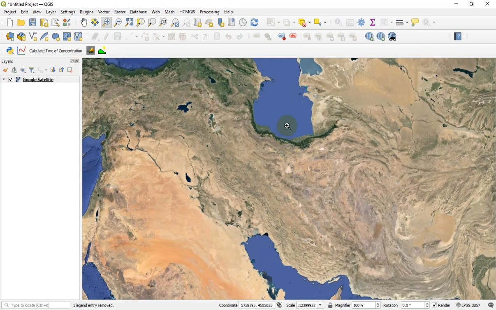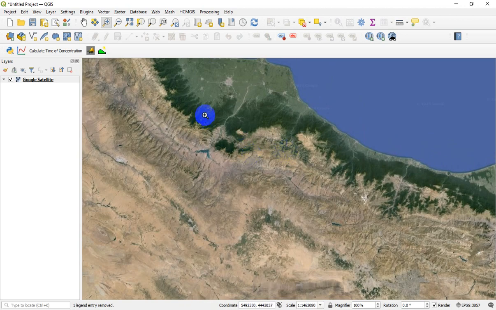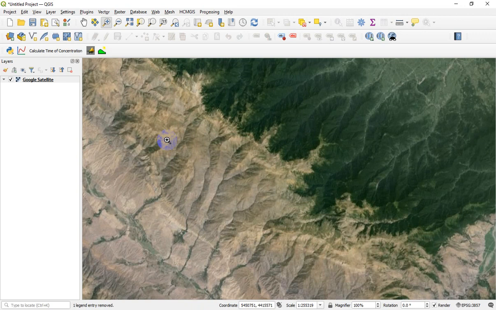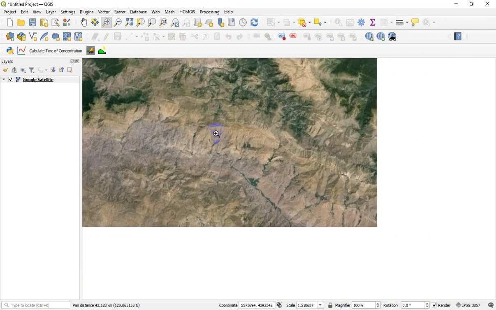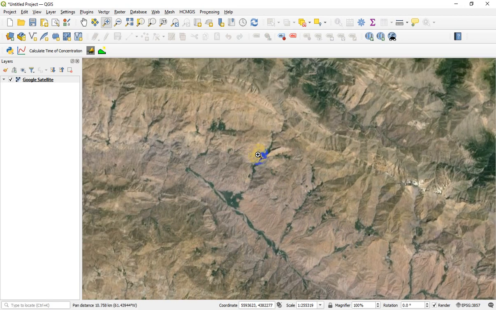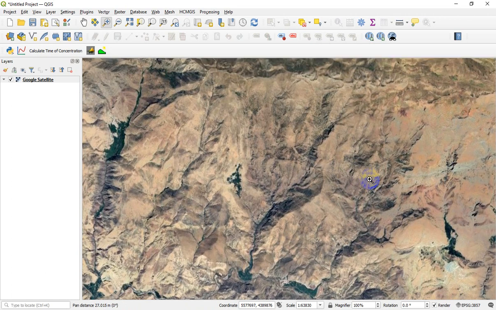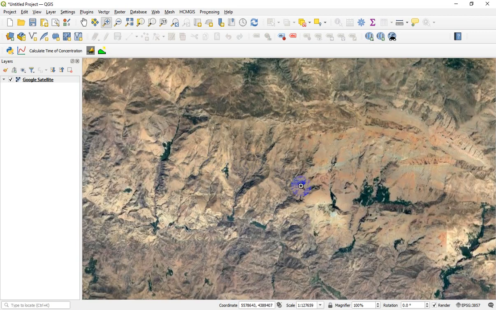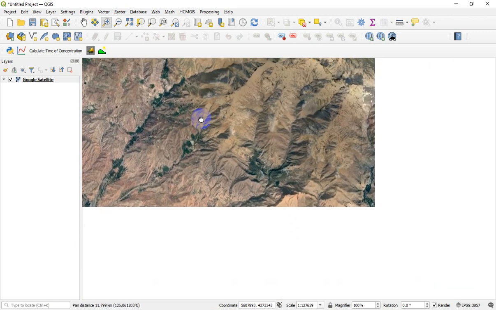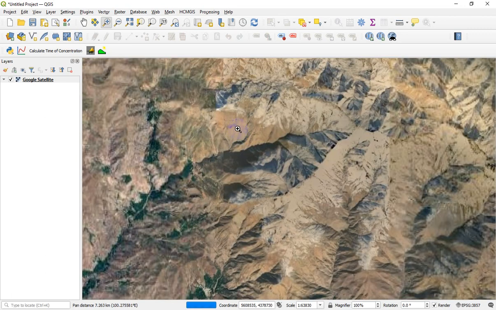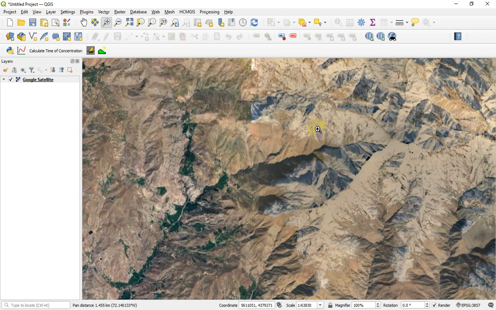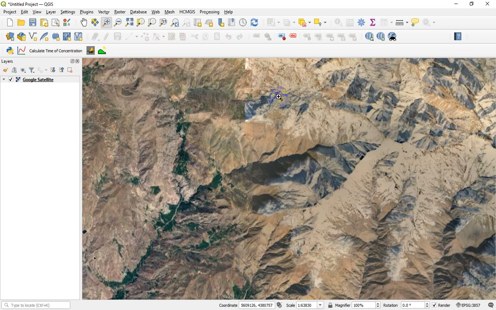option and zoom in to your case study and select a catchment or watershed for downloading DEMs. Let me find a relatively small catchment because I don't want to increase the downloading volume. Okay, in this section I have a small watershed and catchment, and I think this is good. Okay, in this section, I want to download the digital elevation model for this watershed from different DEM sources.